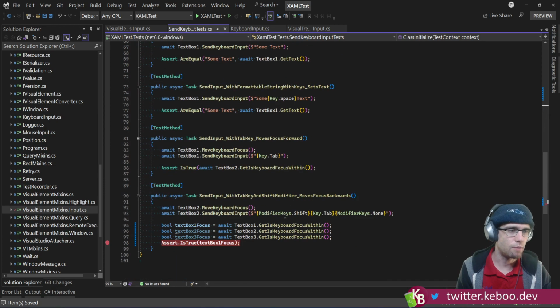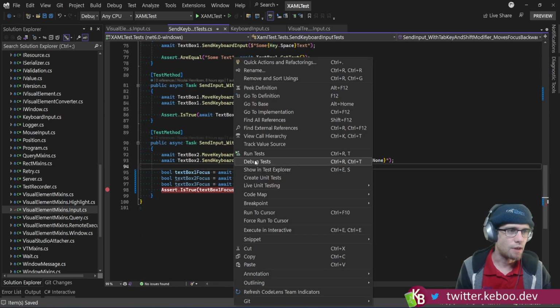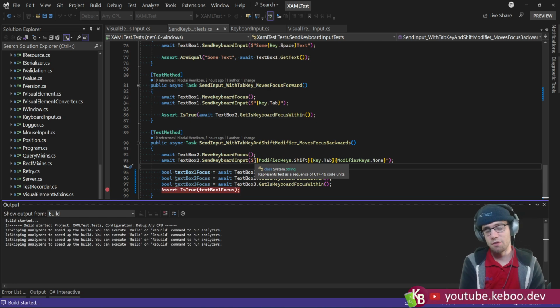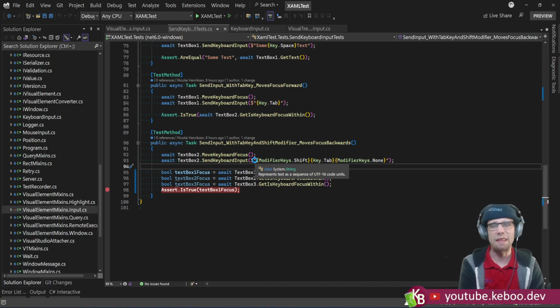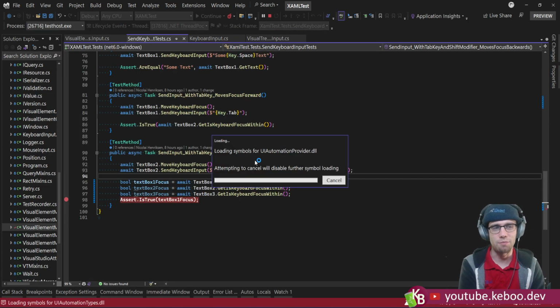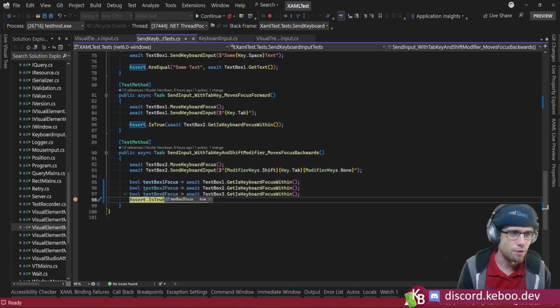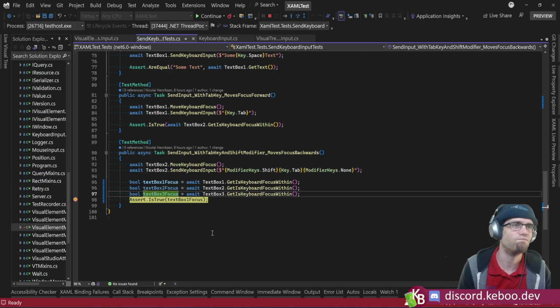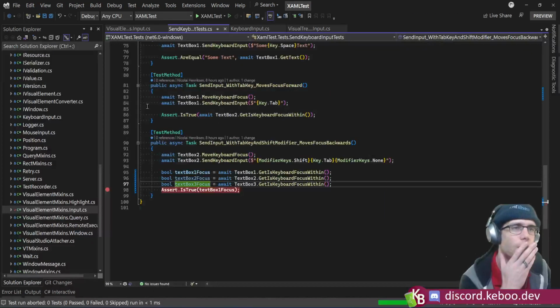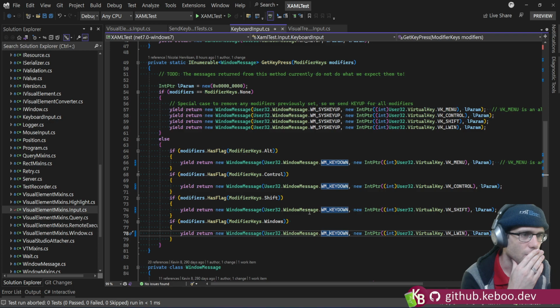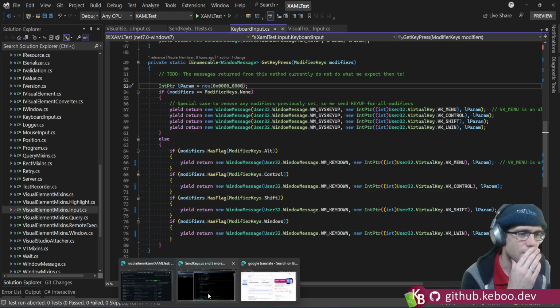Okay, I was going to run that test because I am curious if it's as simple as just changing that message to WM key down. I'd be a little shocked, but I'd also be a little happy. Oh, not that simple. Focus is here. Grumble, grumble, grumble. Okay. Let's see here. I am curious, knowing that the